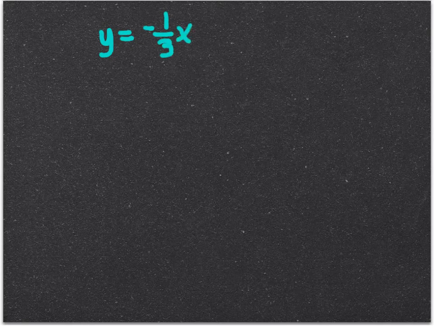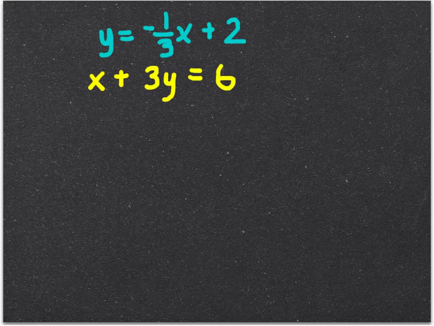All right, here. And again, this is a bit of a strange one per se, but let's just see what it looks like. So here's my next system. y equals negative 1/3 x plus 2. That's one of my equations. And my second one is going to be x plus 3y